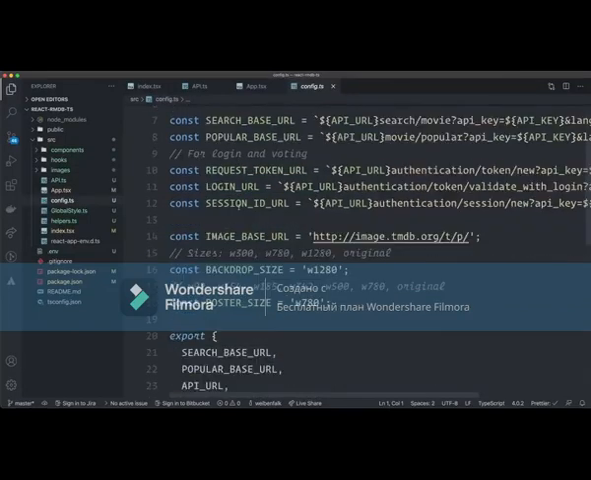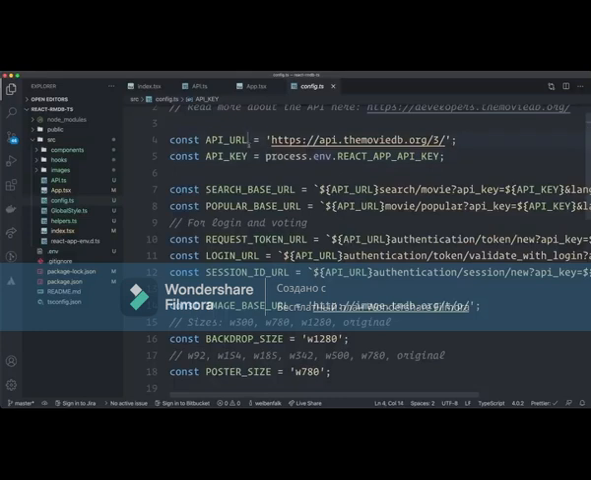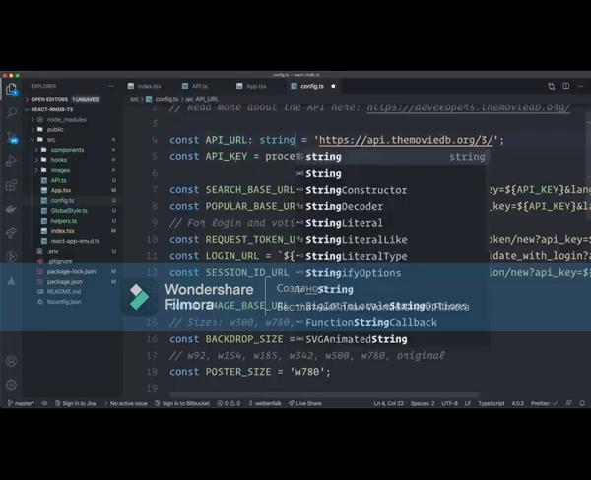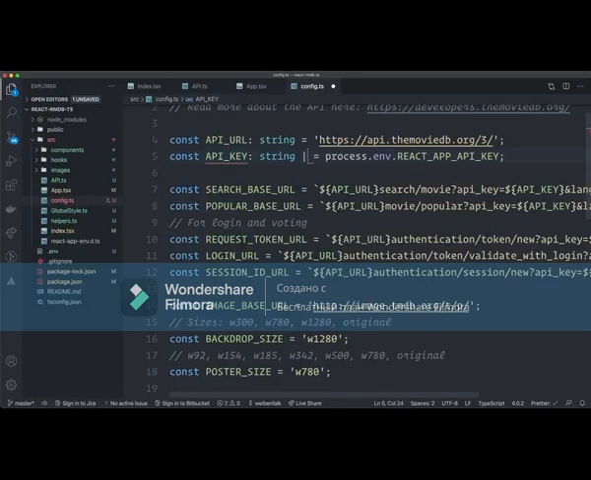The only thing we have to do here, if we want, is to specify those as strings, because all of them are strings. This one can be undefined also. So yeah, we can do it. API URL: string. This one: string. And if it can have more than one value, we can have this pipe, and we specify it as undefined